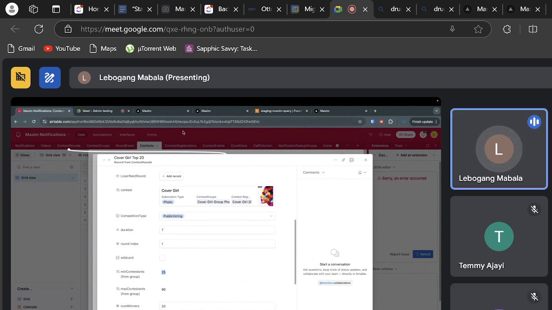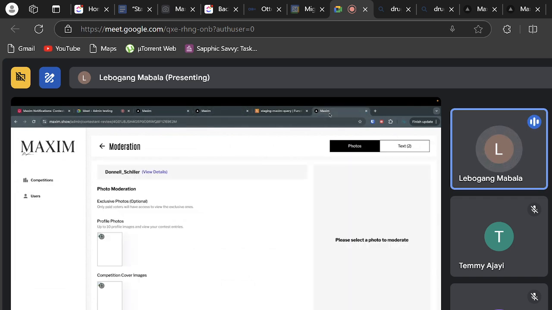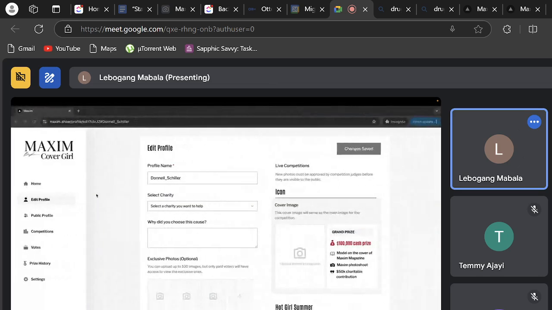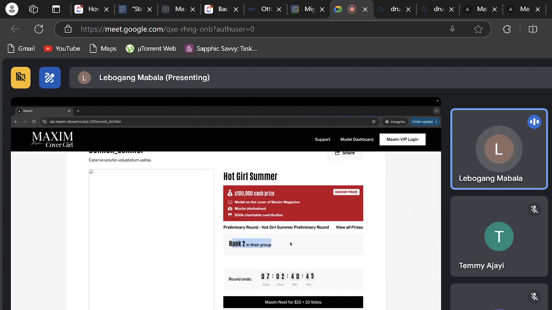Cool. And then the other stuff that right now, I guess it'll work anyway, but when you're testing voting, you should see this rank in your group.